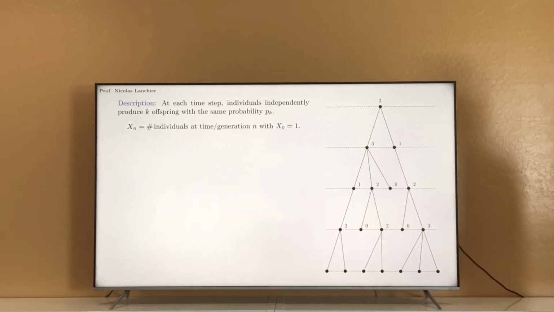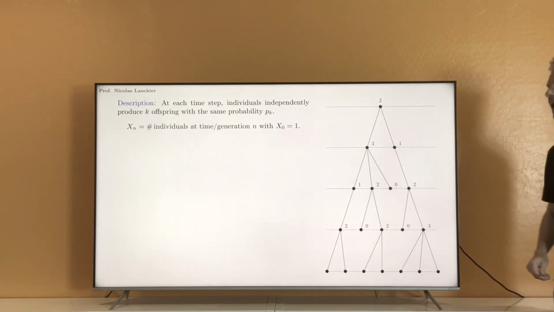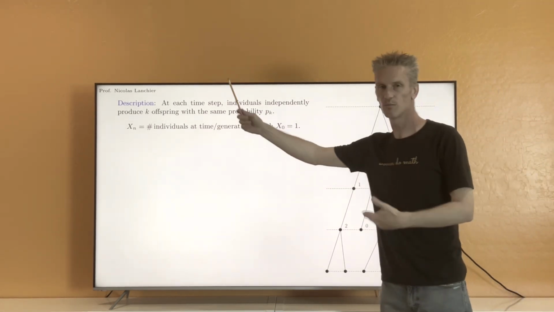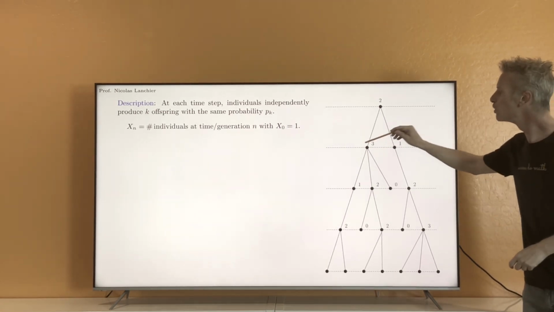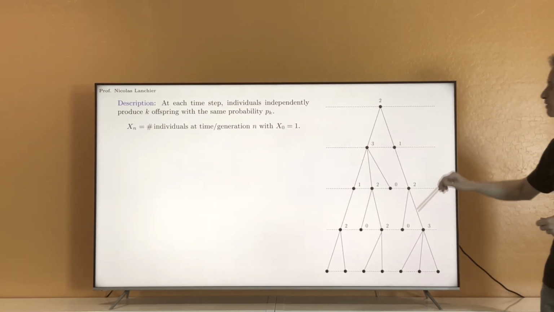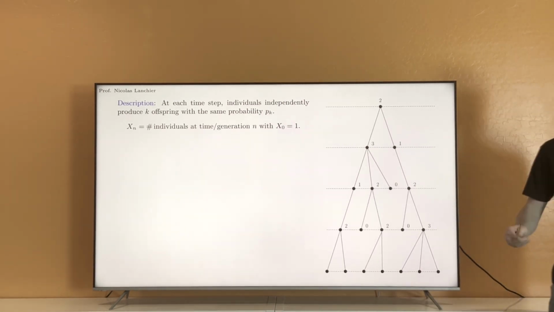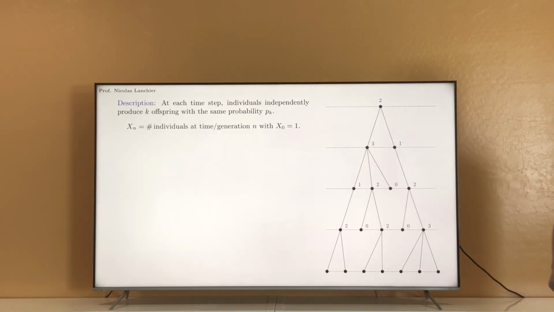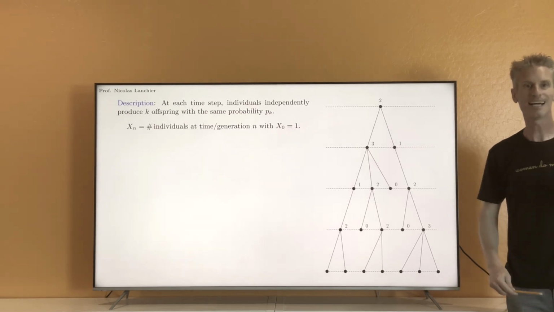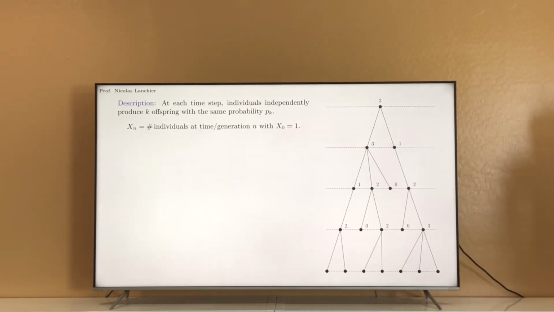And then you just say that, now I have 2 individuals, so next step in the program, I'm going to simulate this random variable Y twice in a row. Once to know how many offspring this individual is going to have, and another time to know how many offspring this individual is going to have. If you get 3 and 1, then that tells you that you have 4 vertices here, so 4 individuals at generation 2, and so on. That's how you can construct your process Xn, okay?